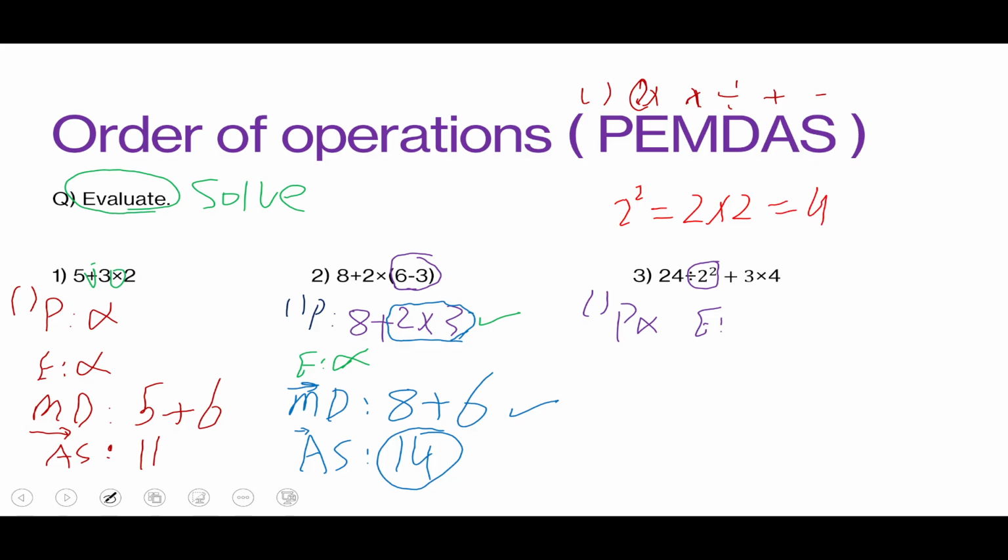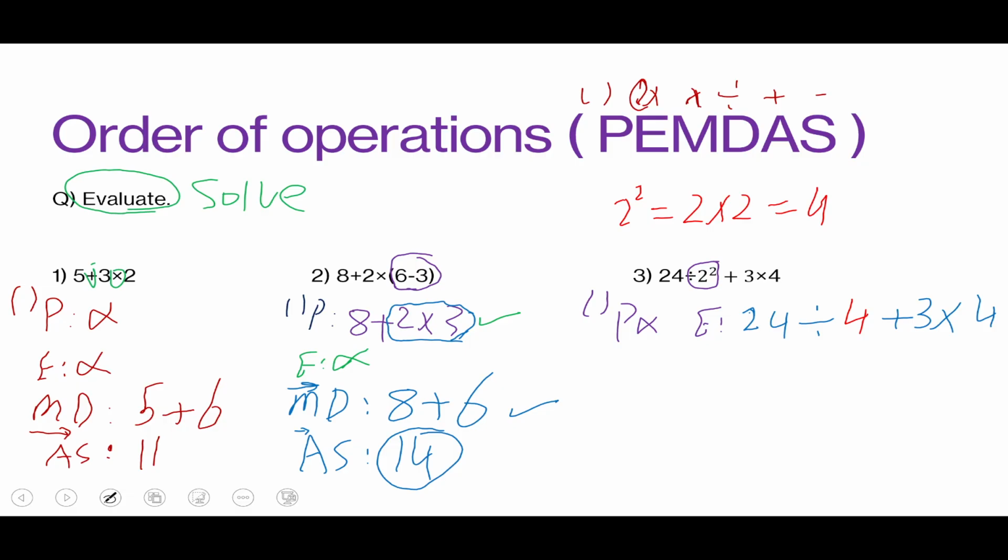So how about the other numbers? We write 24 divided by, instead of 2 to the power of 2, we are going to write 4, and write plus 3 times 4. Okay,